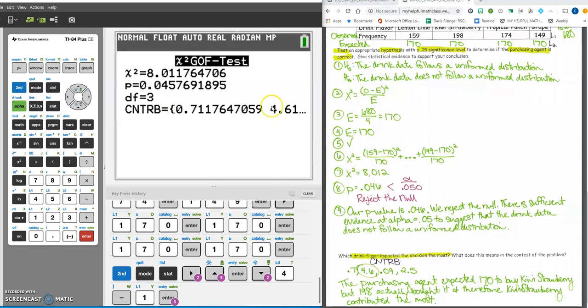Now for our calculation piece, we get x squared, we're on number 7 here, equals 8.01. I went ahead and rounded to 3 decimal places, so 8.012. My p-value, also 3 decimal places, 0.046, because the 7 would have rounded it to 6. Now that I've got my p-value, and notice that degrees of freedom is 3 there,